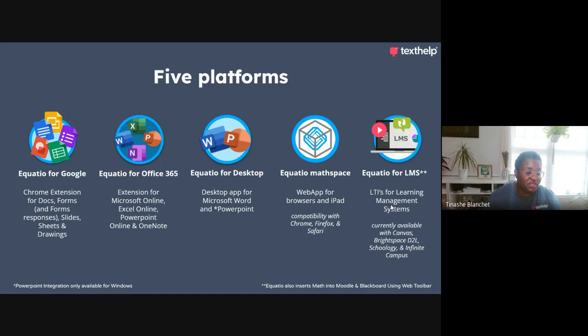So what this means is that teachers will be able to insert math into not only their Google Classrooms, but also into their Canvas courses, as well as those Infinite Campus classes as well. So we do have integration with lots of different learning management systems so that the same math that they will be doing like in a MathSpace or in a Google Drive file could go directly into that LMS. A lot of times teachers may want to do assessments in the LMS, and so they will be able to insert that digital math there as well, okay?